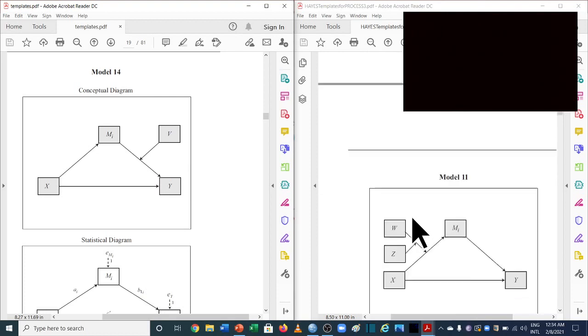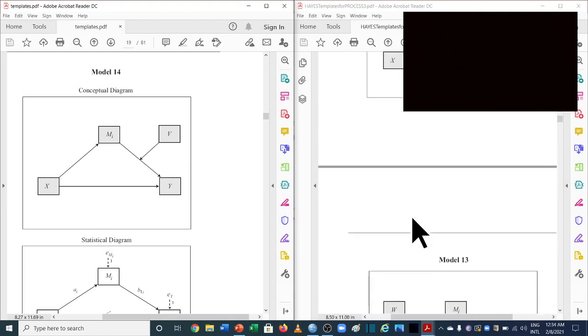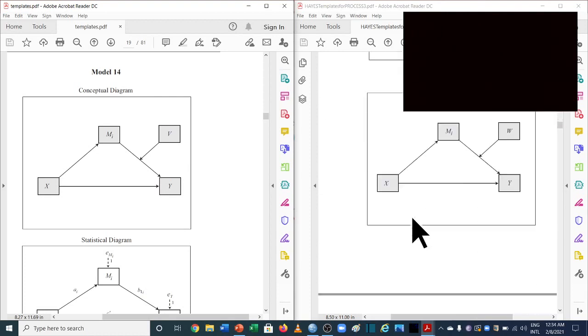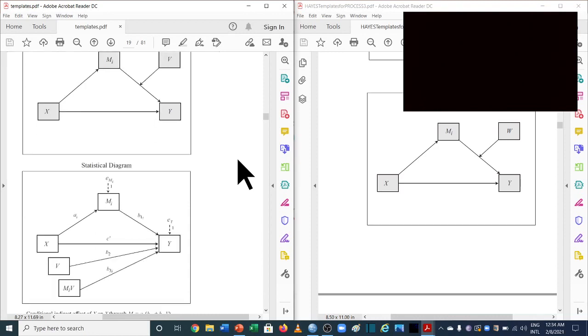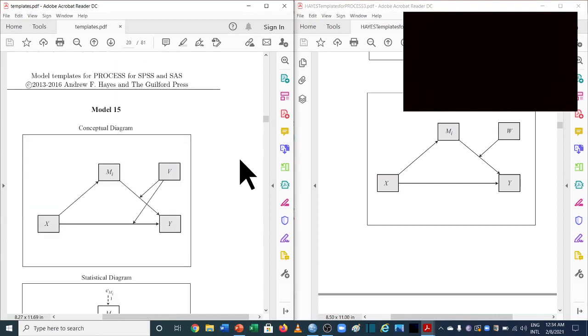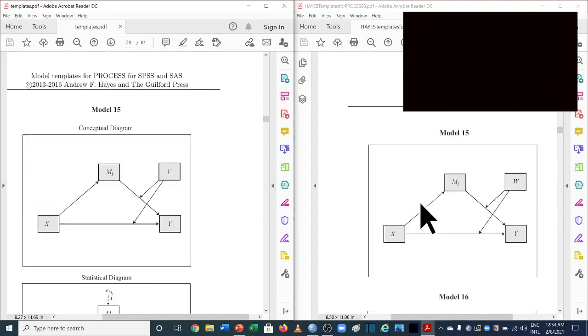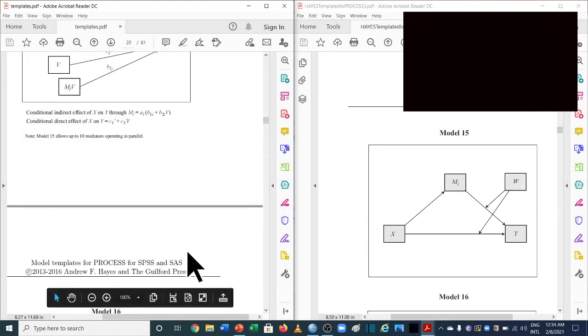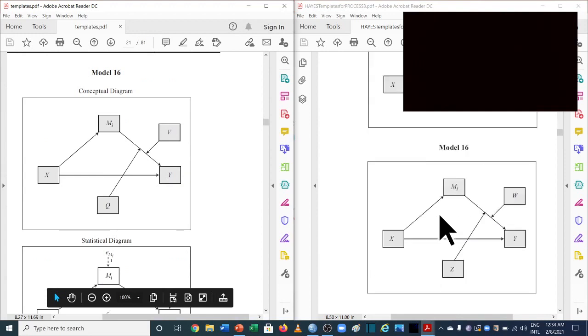But in the new version, let's just see if they have changed it. Yes, in the new version, instead of v, now we'll have to see that w is taken as our moderating variable. So these are the few differences, and if you want to compare some more models, you can always compare different models, as there's a change in model number 15, and then there might be a change in model number